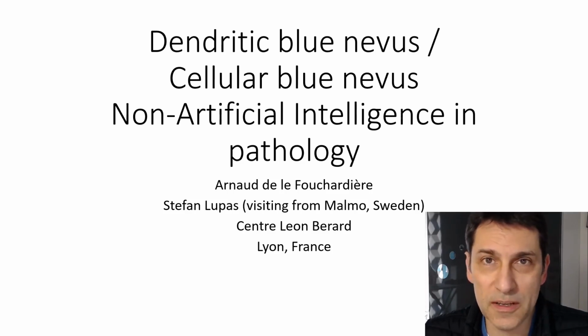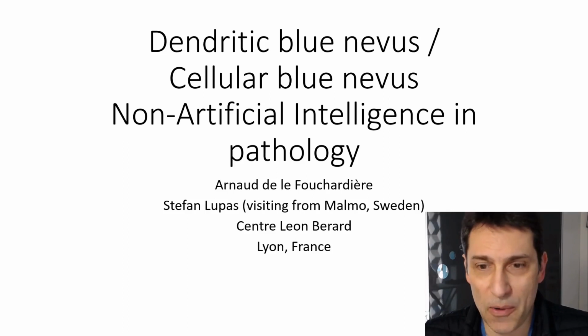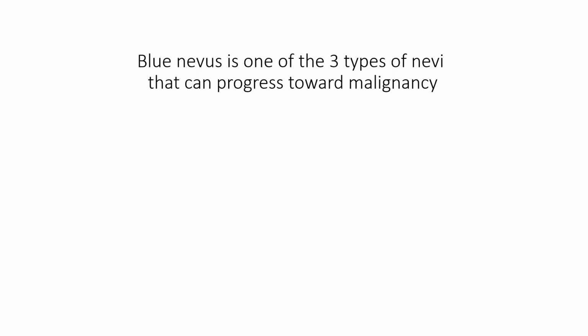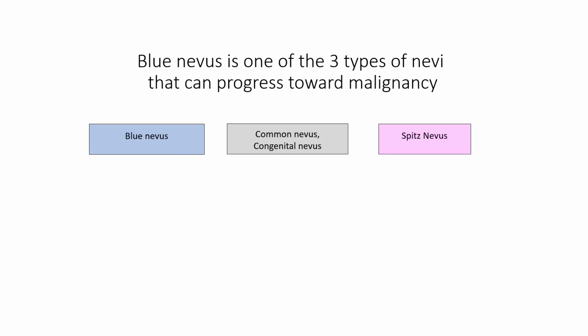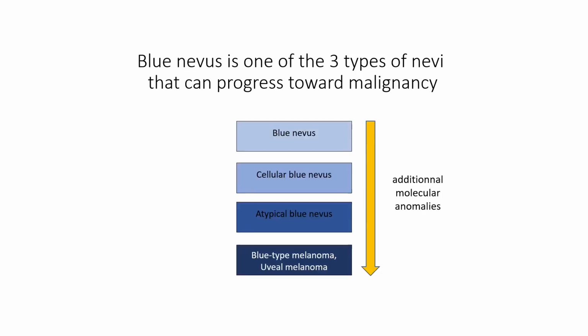This short course is paired with two other videos showing over 50 examples of such tumors at low, medium, and high power. First, let's start with the basics of blue nevi. Blue nevus is one of the three types of nevi that can progress towards malignancy. The two others are common nevus and Spitz nevus, and there is a progression from blue nevus to blue type